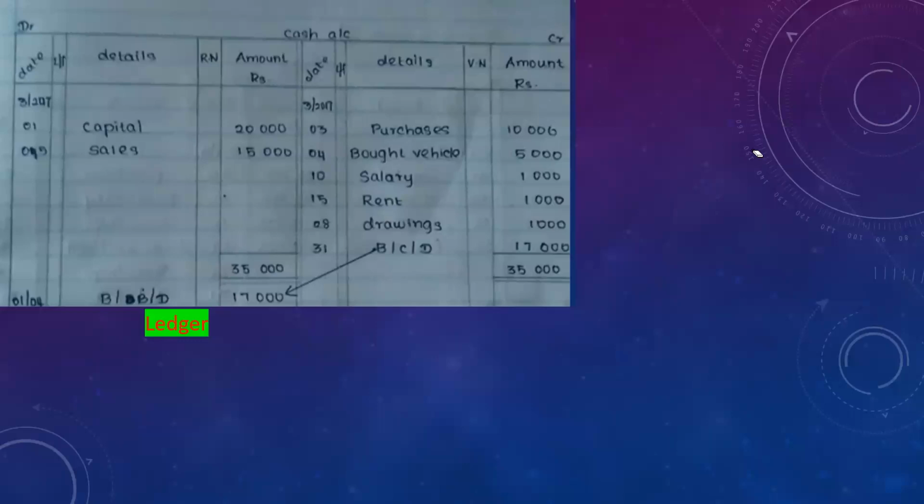So when we study the accounting equation, which I have taught you, after the accounting equation it will be converted into debit and credits. That's what we are learning now. So under the ledger, we prepare some accounts. Look at the cash account. Cash account, debit side, you have capital.